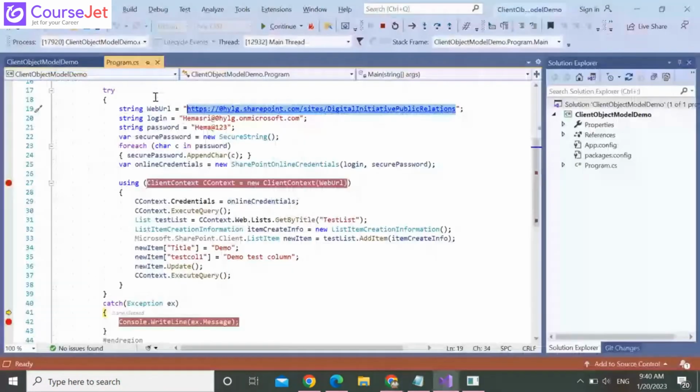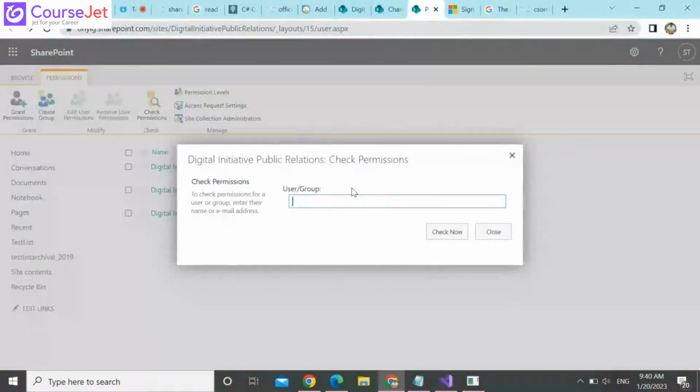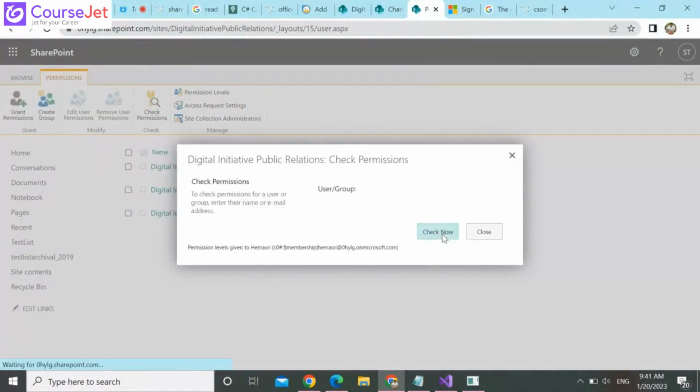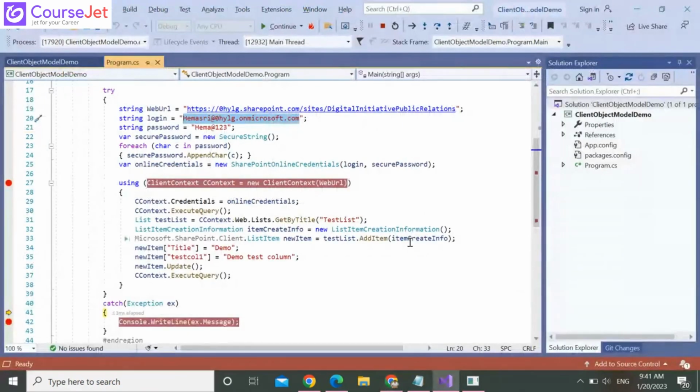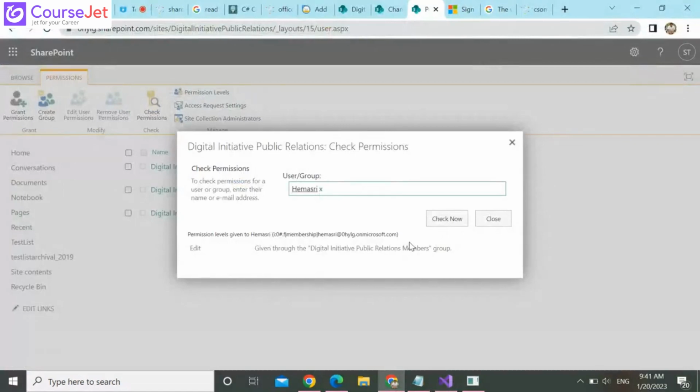I'll give this name and see how it comes. On Microsoft.com, this is correct only.